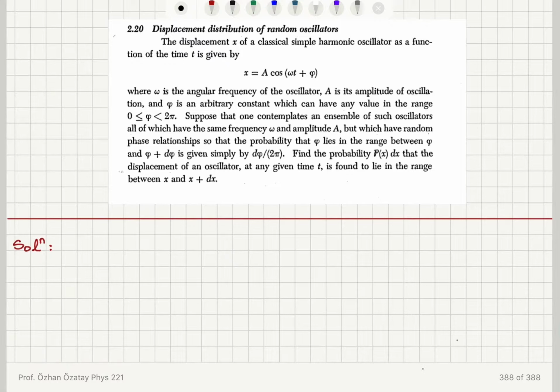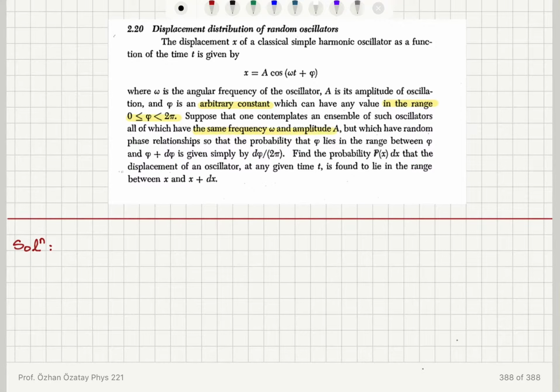a cosine omega t plus phi, where omega is the angular frequency of the oscillator, a its amplitude of the oscillation, and phi is an arbitrary constant which can have any value in the range 0 to 2 pi. Suppose that one contemplates an ensemble of such oscillators, all of which have the same frequency omega